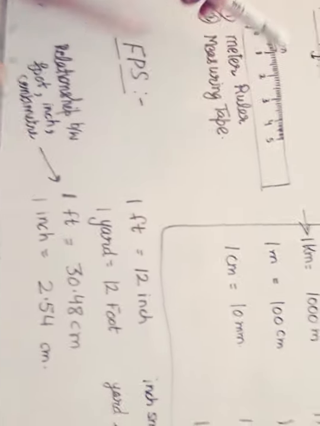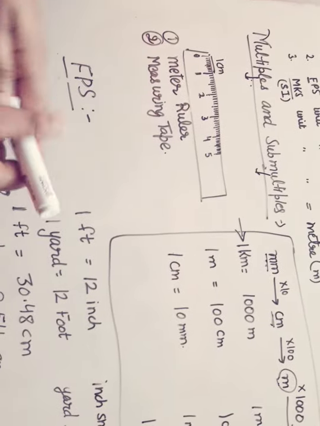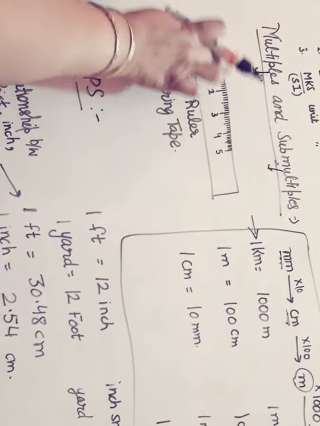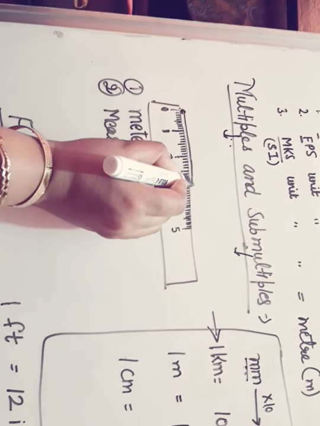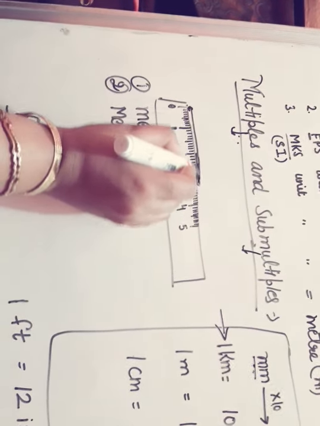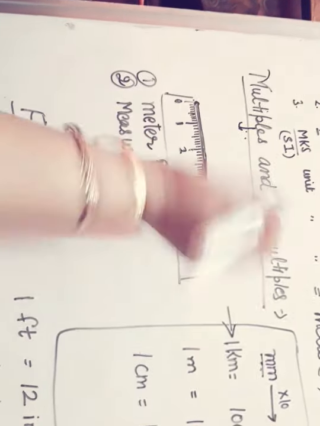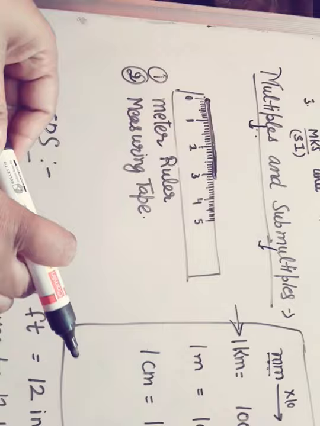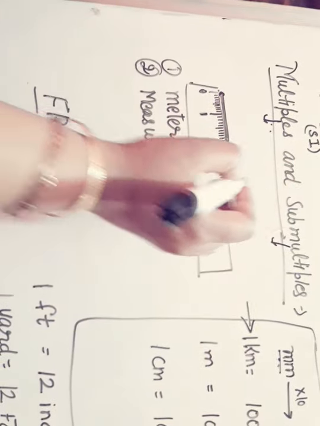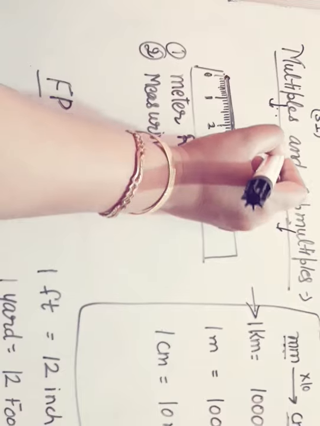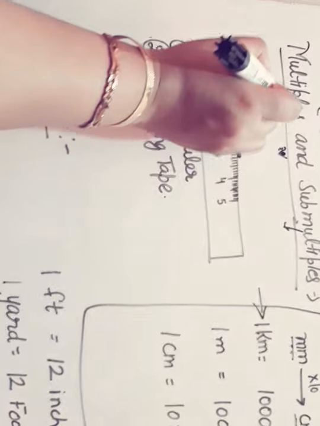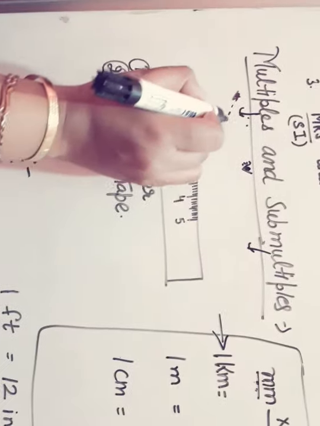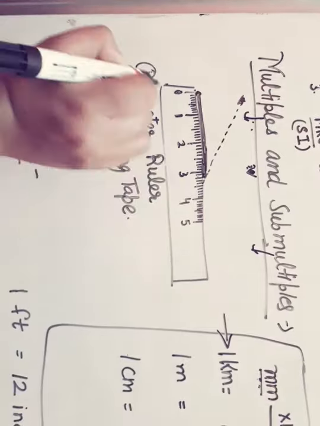Now how do you measure length using the meter ruler? There is one process. Suppose I have kept a pencil at point 0. From here we placed the pencil and its length is 3.2. The total length of the pencil is 3.2. But we have to see the correct position of the eyes. When we look from here, it is clearly visible as 3.2. But if we look from this point, it will appear like 3.4.